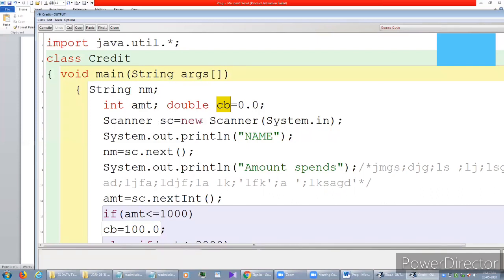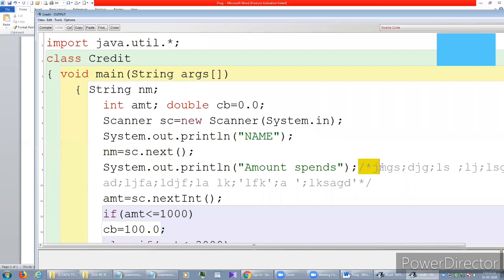Scanner SC equal to new Scanner System.in. This is the second time we are dealing with this. First enter the name: System.out.println, same concept, nm equals sc.next. Enter the amount spent, sc.nextInt, no doubt about this.